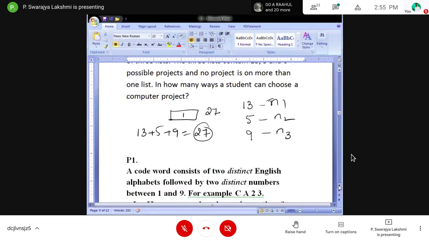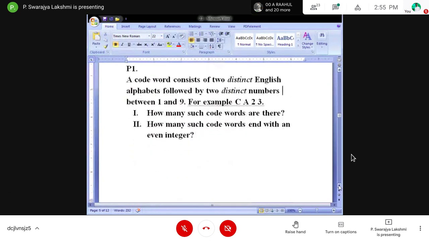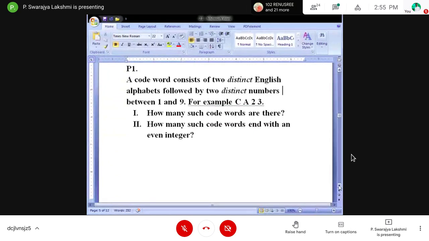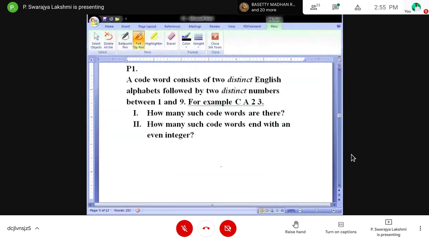Okay, see the next problem. A code word consists of two distinct English alphabets followed by two distinct numbers between 1 and 9. So in total we have to select a code word. See, here is given an example of how the code word should look.